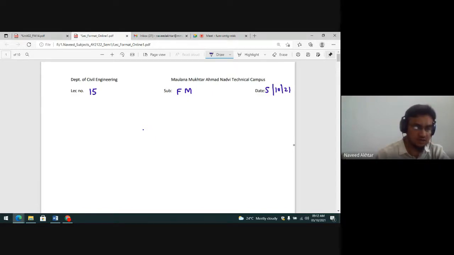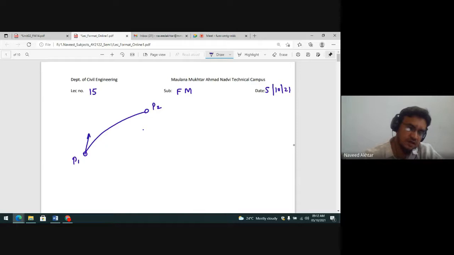But before that, let me explain the basics: a particle moving in a circular path. This is the particle at position P1 here, and this is P2 here. It is moving with the velocity vector V1. The acceleration is opposite to that, which reduces the motion. So this AR, if I write, is the resultant acceleration component, and it is tangent to the path.